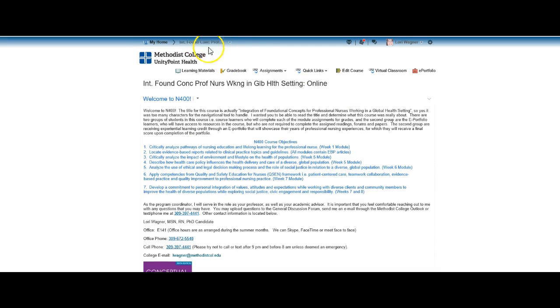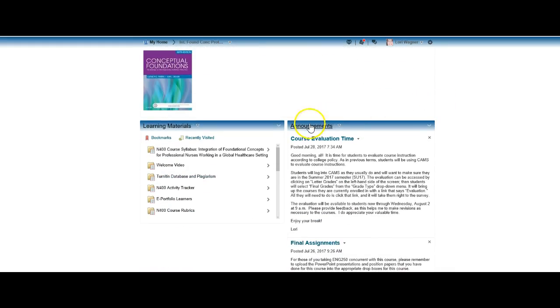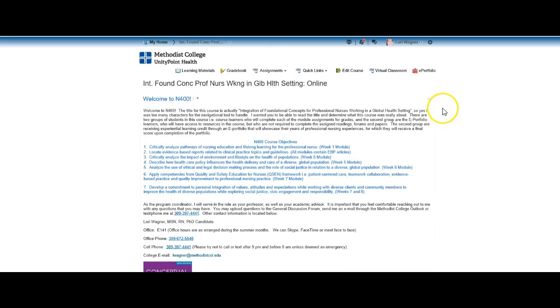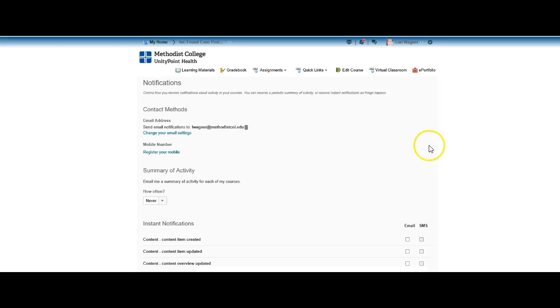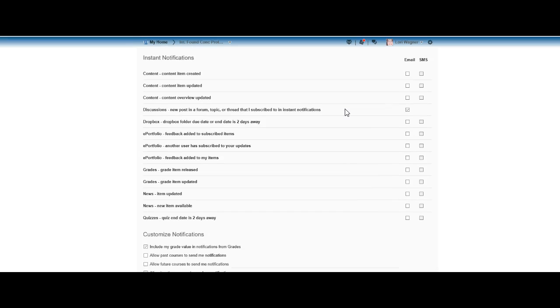So if I just click back on here, I'm back at the home page. Now, something else that I wanted to show you as well is course announcements. So if you want to receive those course announcements, you can do notifications. So you just click on notifications and you set up what you want in terms of when you want to be notified. So if a news item has been updated or there's a new item available, you just click that,